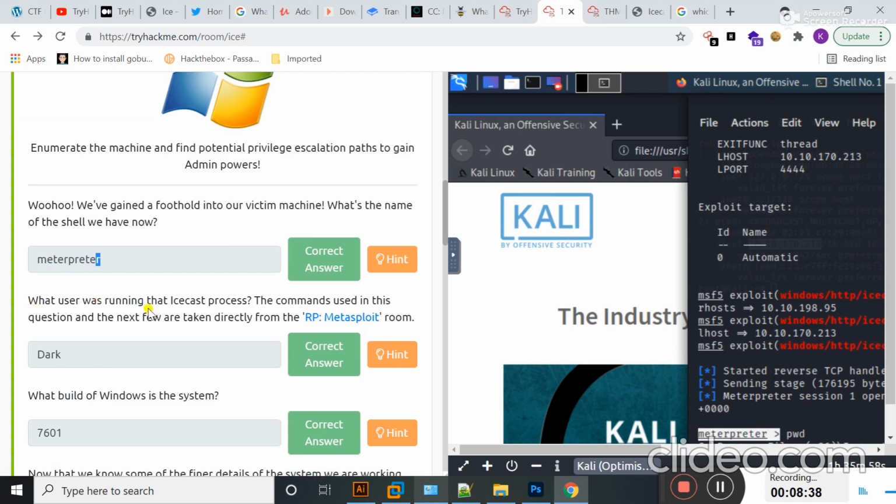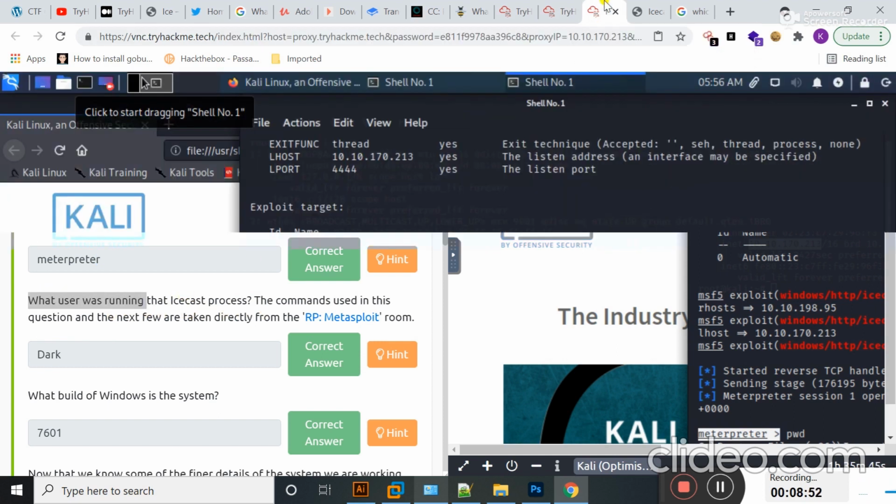What user was running that icecast process? The commands used in this question and the next few are taken directly from this room. Basically, I have to answer what user was running that icecast process.